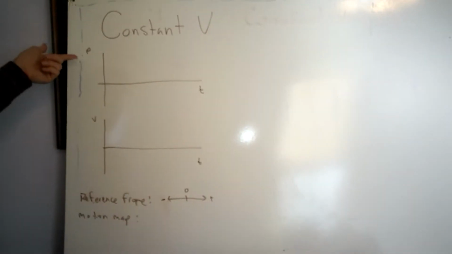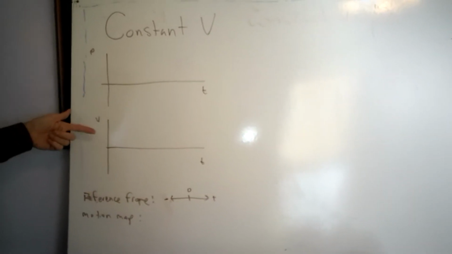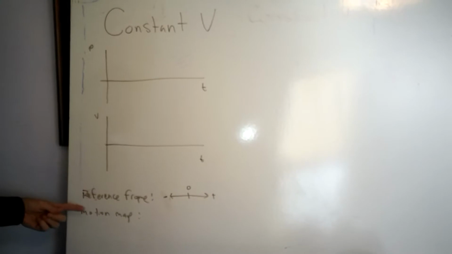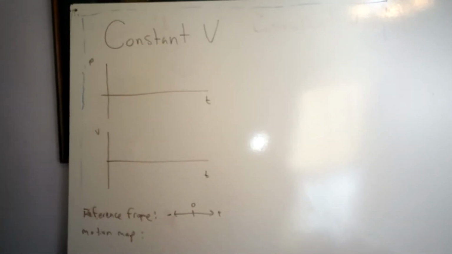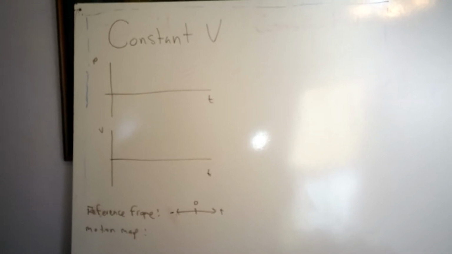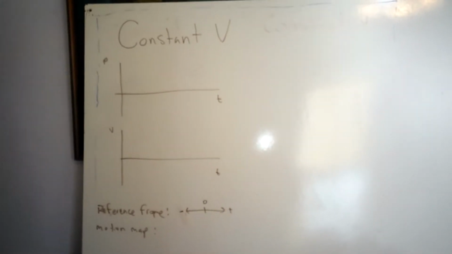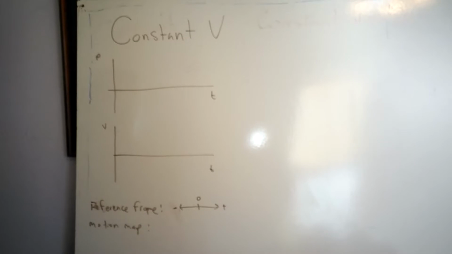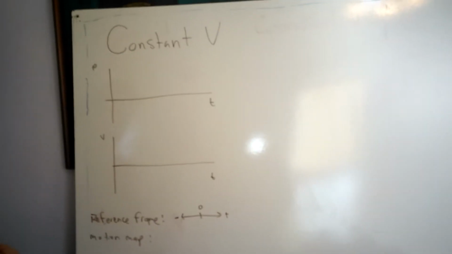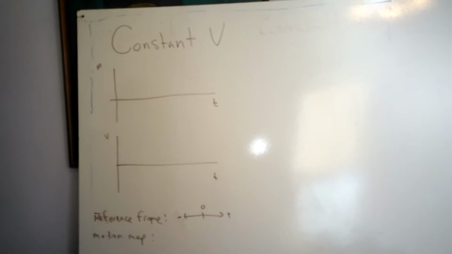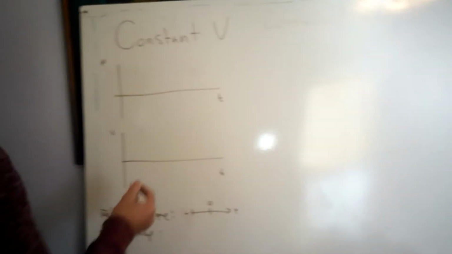And those are the position versus time graph, velocity versus time graph, the reference frame, and motion map. And we also want to be able to connect these to some kind of physical situation because we may be given something like I walk at a constant velocity in a certain direction for a certain amount of time. So we want to be able to talk about the magnitude of the speed and the direction. And what we saw was that